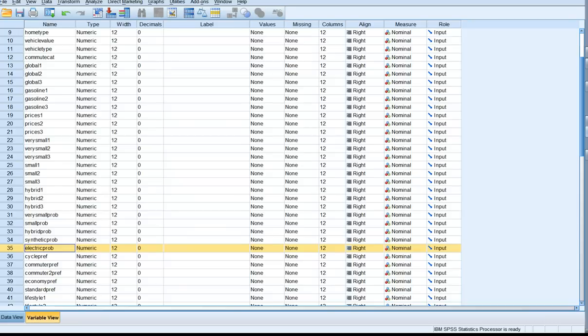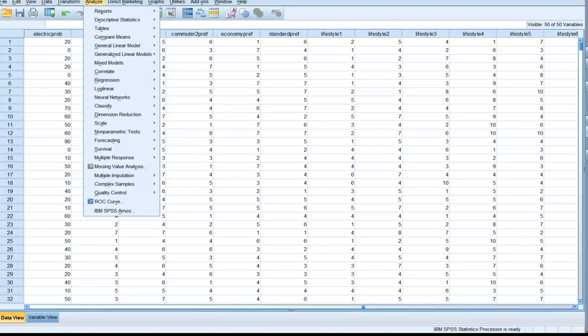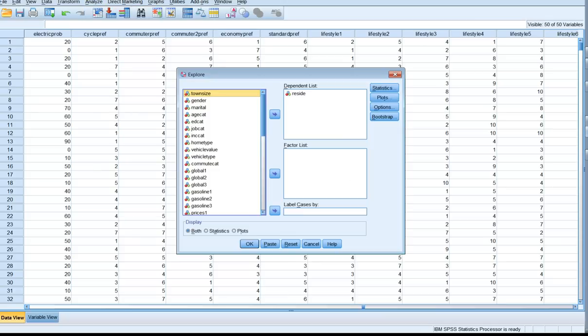Now, when I double click here on the number 35 for this variable, it takes me to its data, and I see that indeed these are probabilities ranging from 0 to 100%. So to calculate the confidence interval for this probability, we again go to descriptive, explore, select